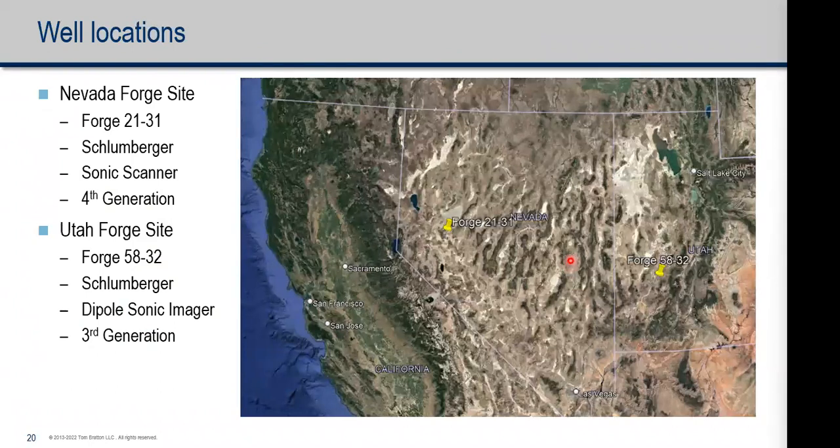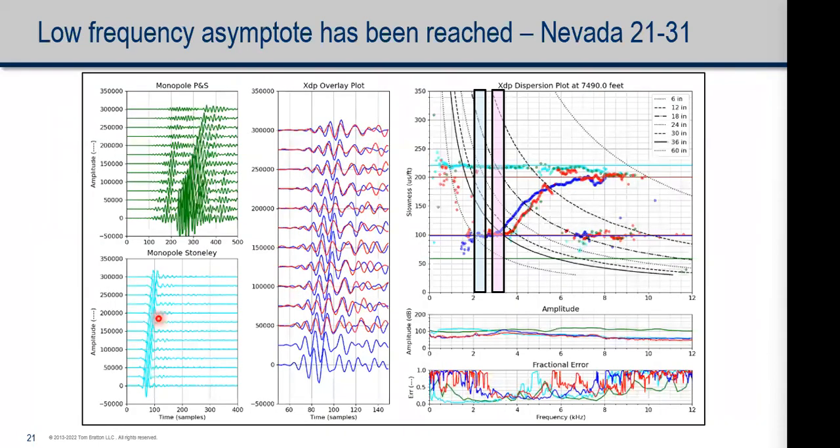Today, I'll be talking about the Nevada FORGE site in Nevada, and we'll look at the 21-31 well. We'll also be looking at the 58-32 well that is in the Utah area. The Nevada well was logged with the fourth generation Sonic Scanner. The Utah FORGE site was logged with the third generation Schlumberger dipole sonic imager, the DSI tool. So I created a